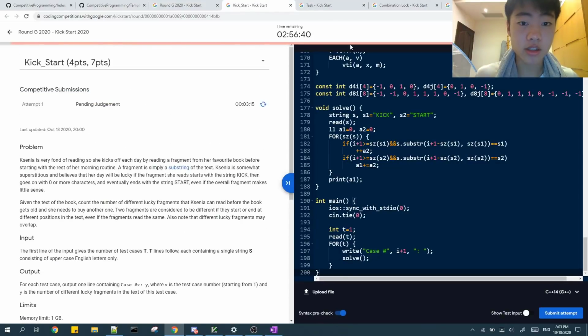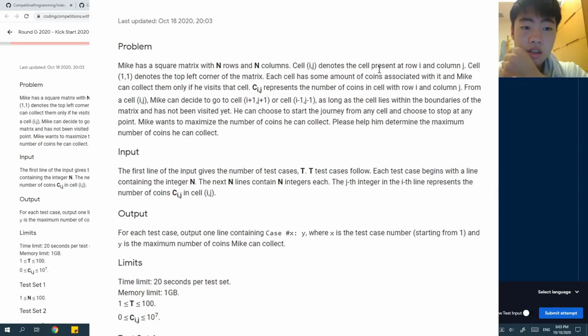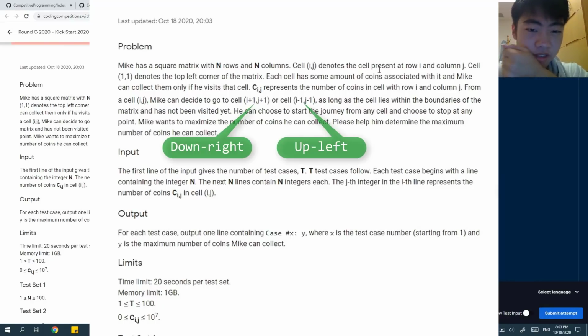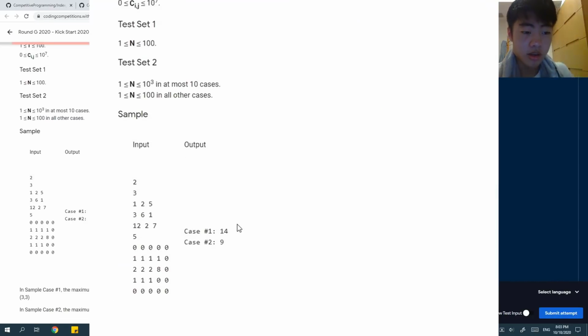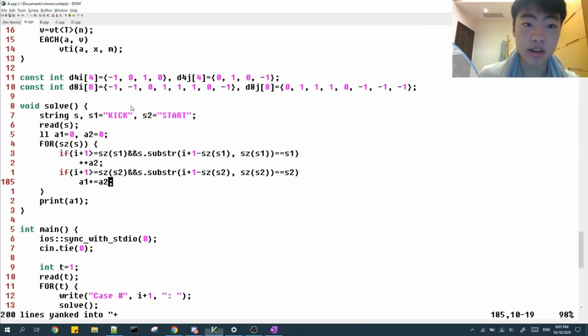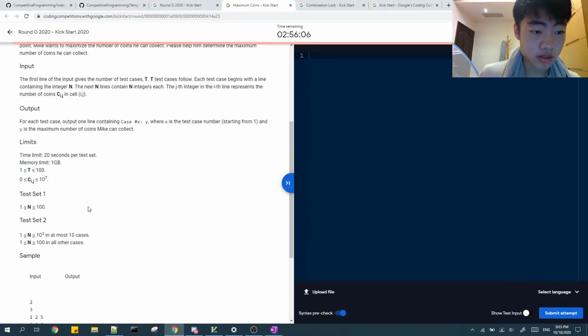Why is this not loading? Okay. Matrix. You can go down right, or you can go up left. Can you have negative points? No, so you basically take the maximum number in the diagonal. Yeah. Okay, calculate the sum of each diagonal and then take the maximum. That seems like it. So n